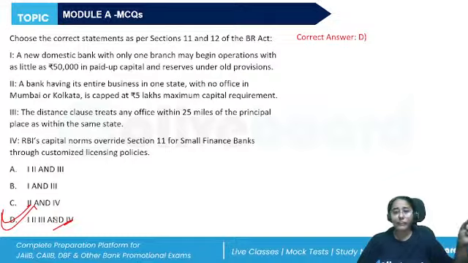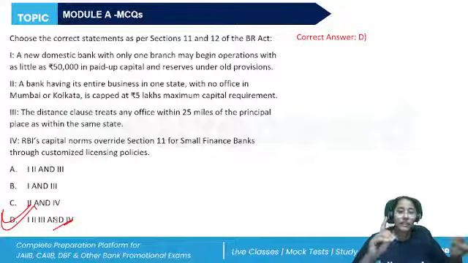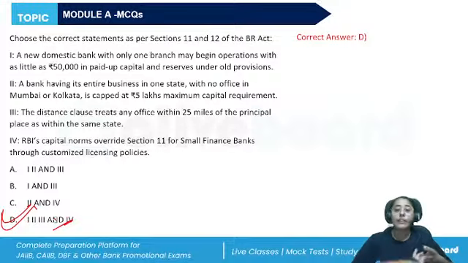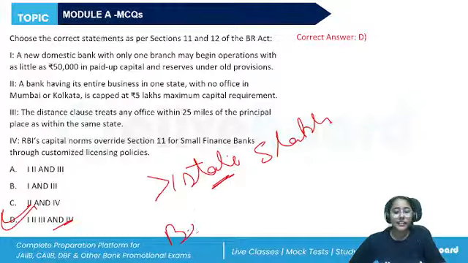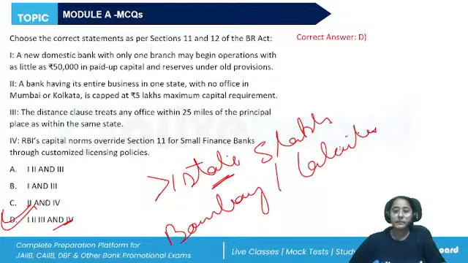We discussed the foreign banks. If we talk about the Indian bank, again, if it has the place of business in more than one state, 5 lakh rupees. And if any such place of business is in Bombay or Calcutta, then 10 lakhs. So more than one state, 5 lakhs. If that particular place of business is in Bombay or Calcutta, then 10 lakhs. All right, so this will be correct.